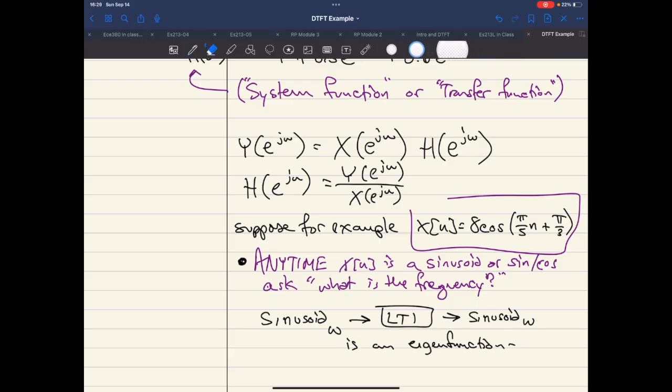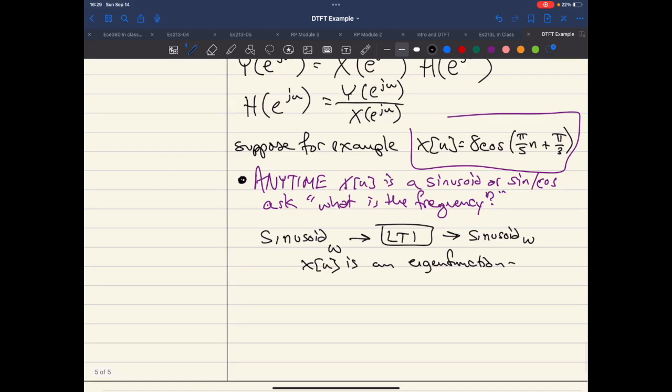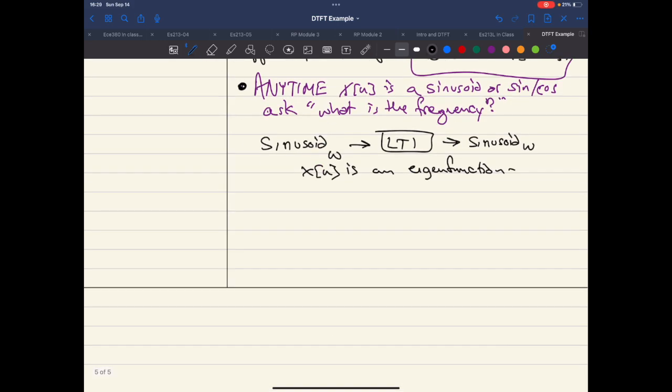This shouldn't be HN, this should be XN. All right. So what we can do here is assess, and we did this in 205 as well, by the way, so you can go review those. But we can assess